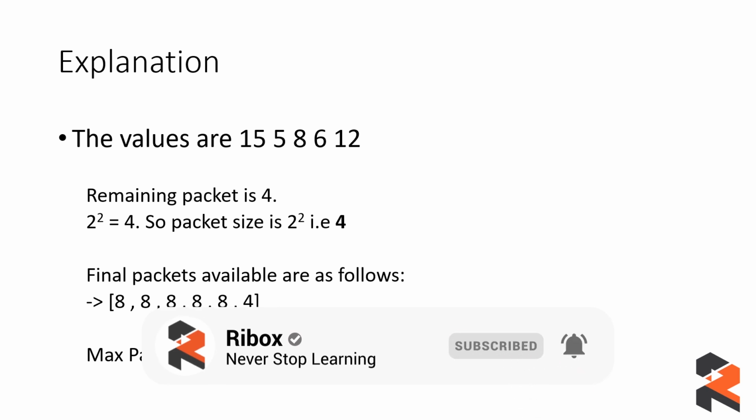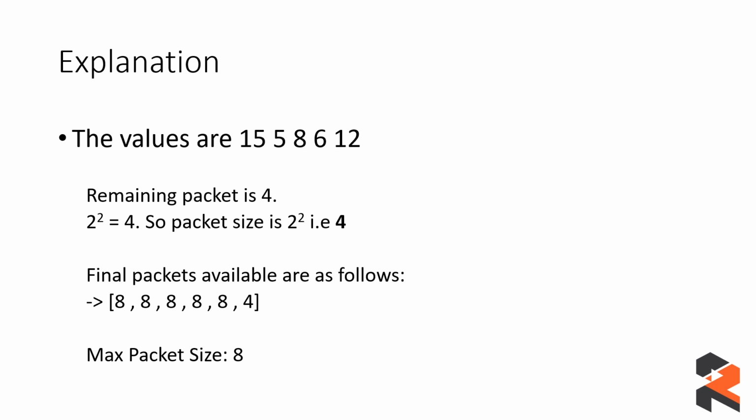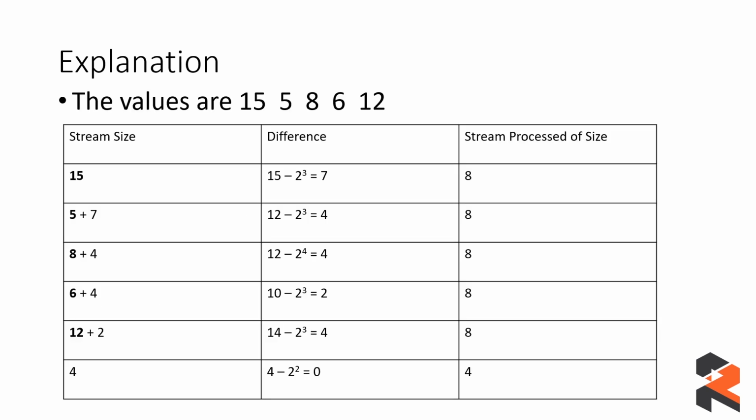which you can see on screen is the number of packets processed at once by the music player, and here the maximum packet size will be 8. So you can see that the maximum value in the list which we see on screen right now is 8. Representing the same in a tabular format will be much better. So here the values which are indicated in bold are nothing but the values which are provided in the list